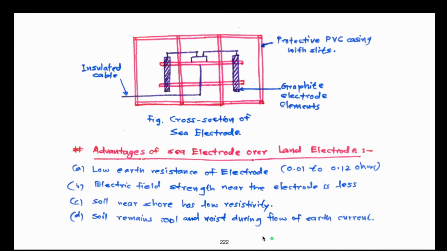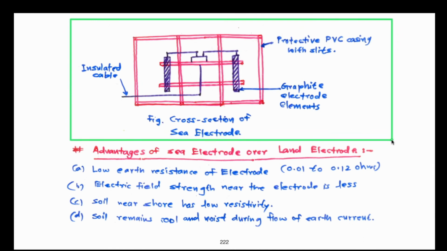Kindly focus your attention, right, on this diagram in the slide. It indicates several different elements. First and foremost is the insulated cable. So that is very common: from the DC circuit, the current to be carried through the sea electrode will be brought all the way to the terminals where it will come in contact with this sea element, right?